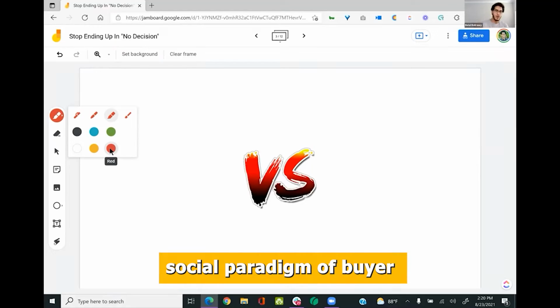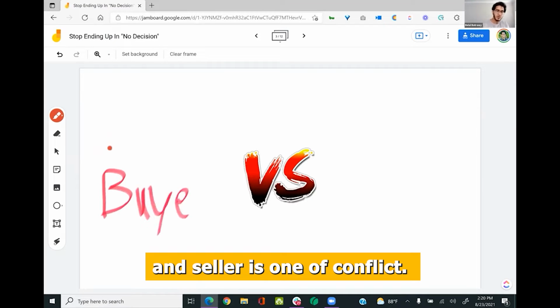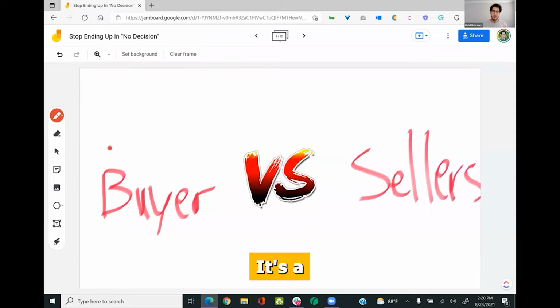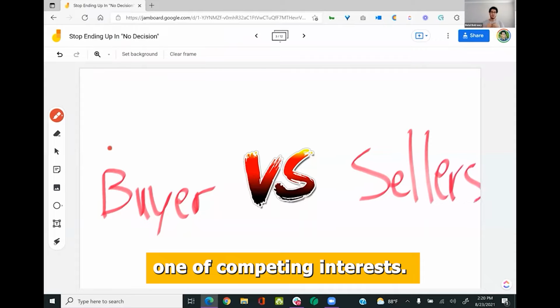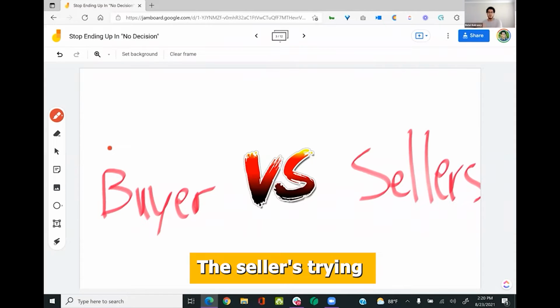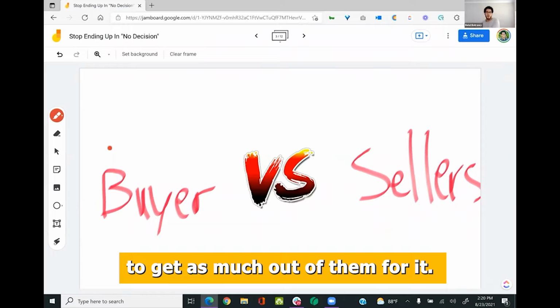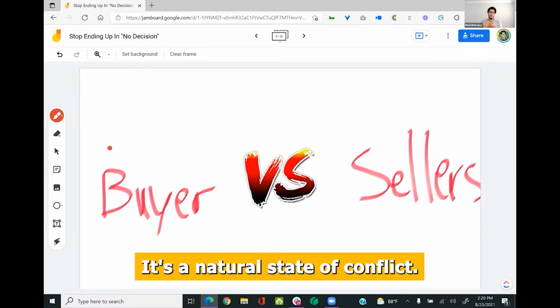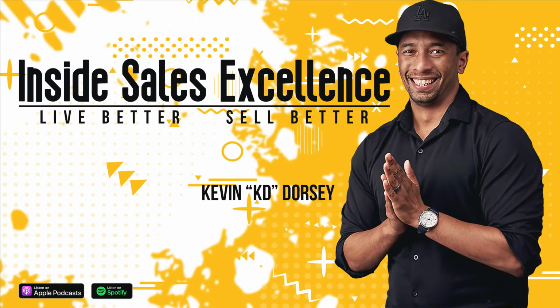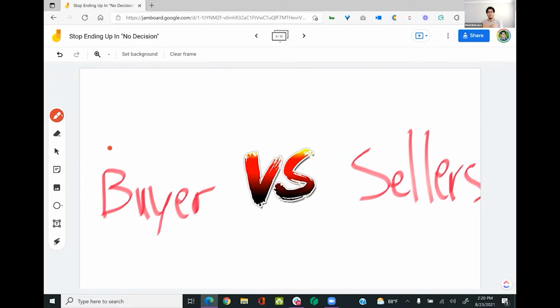So the social paradigm of buyer and seller is one of conflict. It's one of competing interests. The buyer wants something, the seller's trying to get as much out of them for it. It's a natural state of conflict. So your role as a seller is to change the social paradigm to something that is more